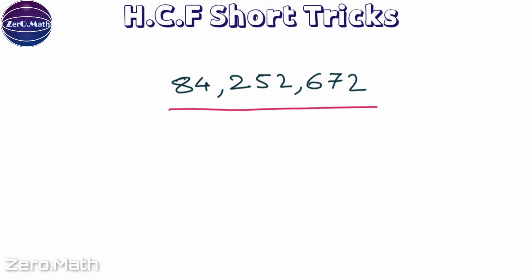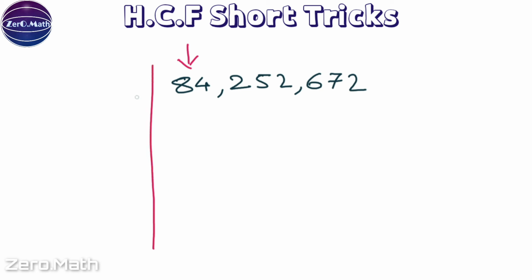Try to solve it along with me. You can see the lowest number is 84. We really cannot say 84 is a factor of 252 and 672 because we cannot remember the table of 84. So let's solve it using the factorization method. So definitely 2 will be the common factor as all numbers are even. So 42 times 2 is 84. 2 ones are 2, 2 twos are 4, remainder 1, 2 sixes are 12. So 672 by 2: 2 threes are 6, 2 threes are 6, remainder 1. So it will be 2 sixes are 12.